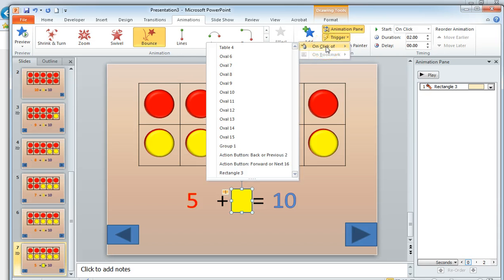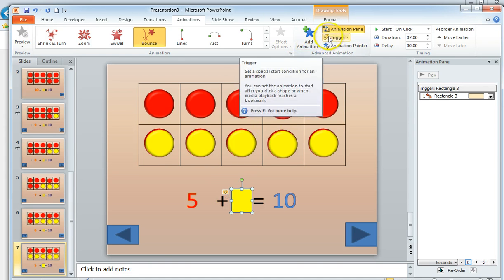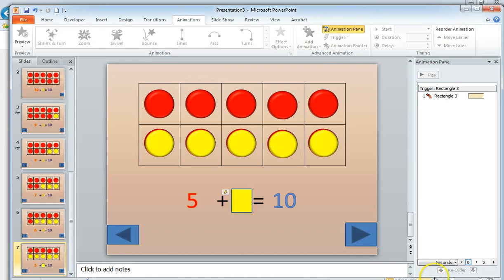I want this animation to happen on the click of, and if I go down, it's actually the last thing I just created in this list. This is all in the order in which they're created. The last one was called rectangle number 3, which I can also see over here. So I'm going to select that. And now you see the icon changes to a lightning bolt, which matches the lightning bolt of the trigger. So if I go into presentation mode,